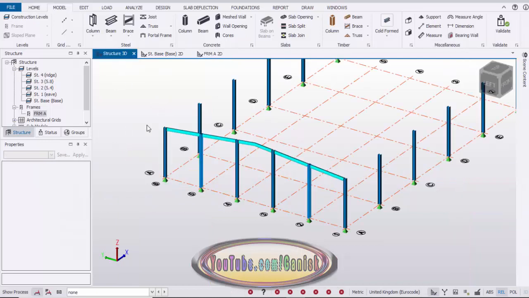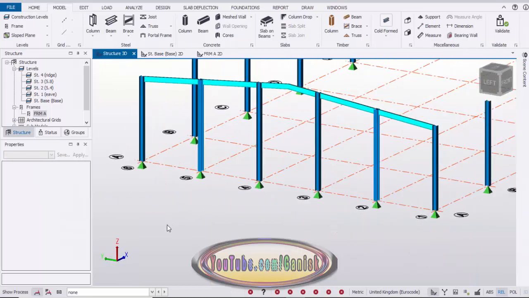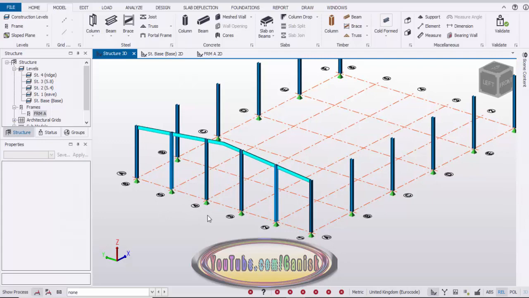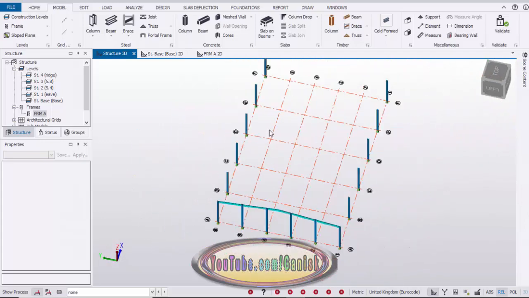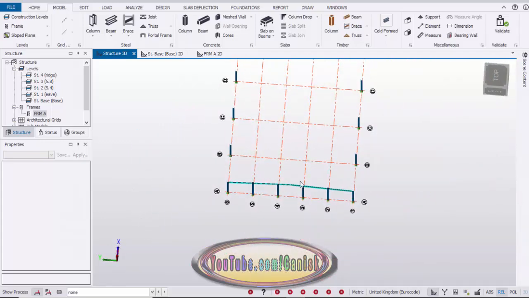Now go to 3D view. You can see you will get like this. Okay, hold the control button and you can rotate like this with the mouse right button and drag and select this column and rafters.